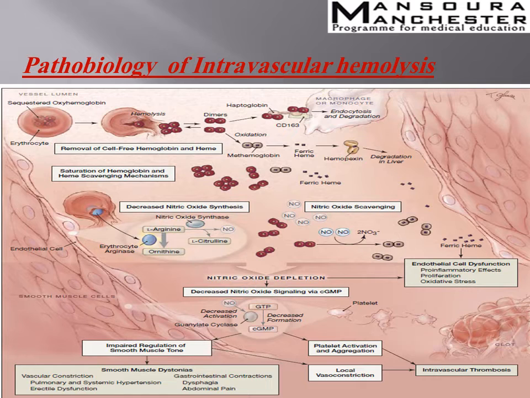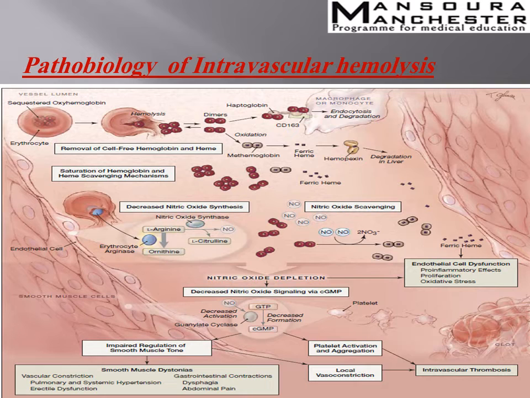On the other hand, we have nitric oxide. Nitric oxide is normally generated from L-arginine in the vessel endothelial cells by the enzyme nitric oxide synthase. Nitric oxide maintains smooth muscle relaxation and inhibits platelet activation and aggregation, thereby regulating vessel tone and promoting organ system homeostasis. During intravascular hemolysis, nitric oxide availability can be severely limited by its reaction with oxyhemoglobin, which is considered to be nitric oxide scavenging,